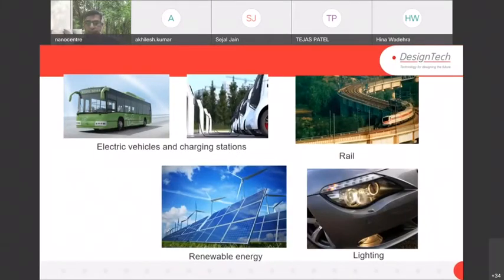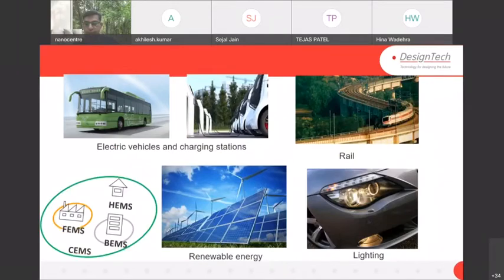So these are some applications, or you may say a source of the energy as well as where energy can be utilized, right? It can be electrical vehicles or charging stations. Right now, if you visit your relatives or a hotel, first of all, you seek the mobile charger pinpoint, right? Plug somewhere, that's where you can charge your mobile. But after 10 years, you will search for the vehicle charger, where is the plug so you can charge your vehicle. So you can imagine what the demand for energy will be after 5 to 10 years, right?